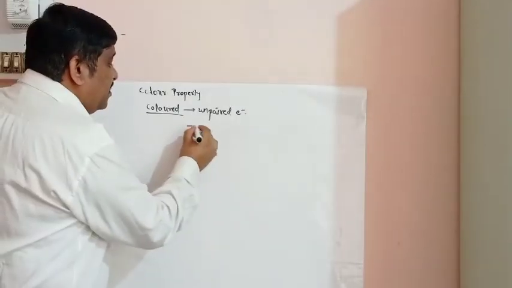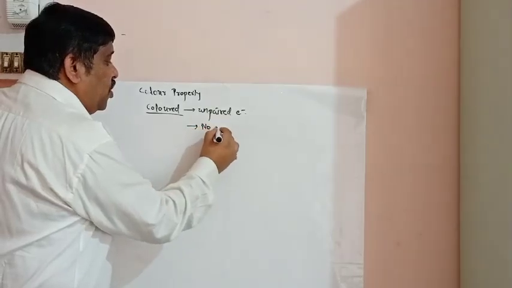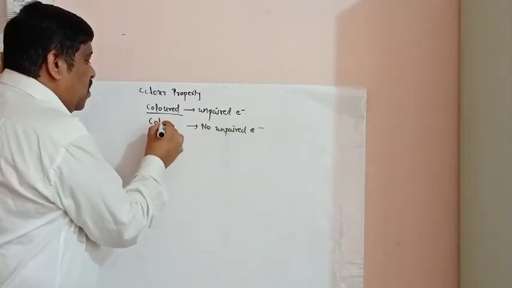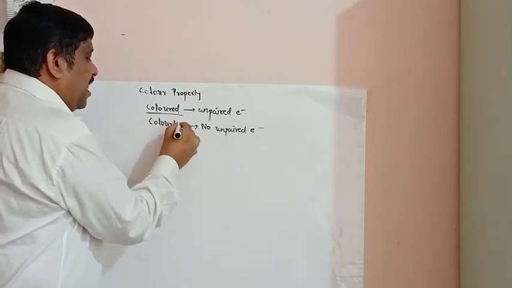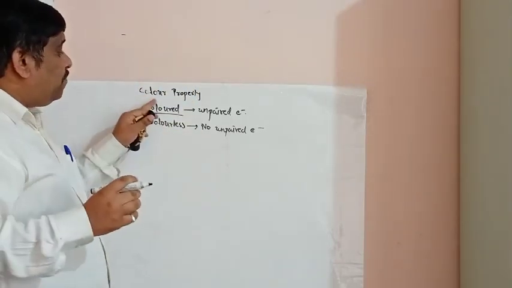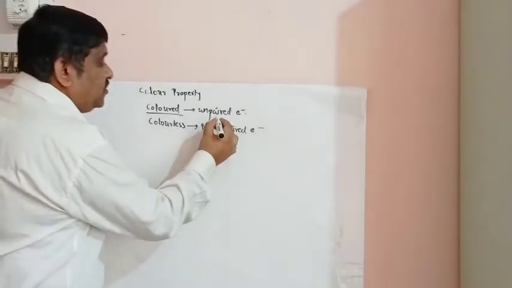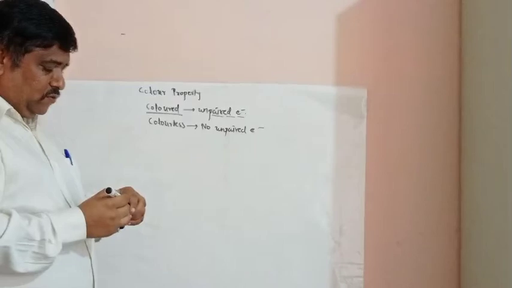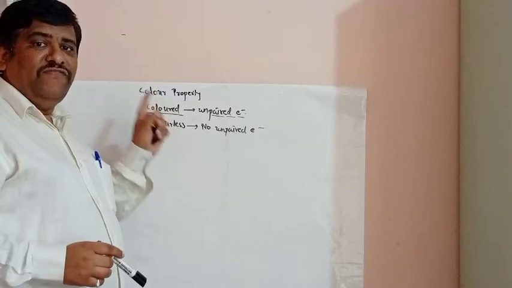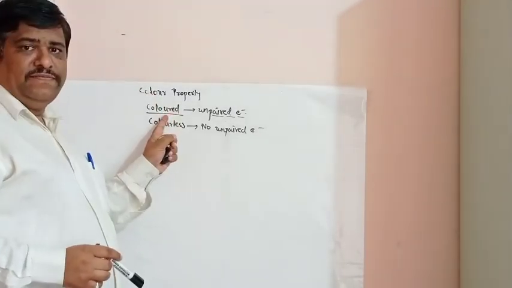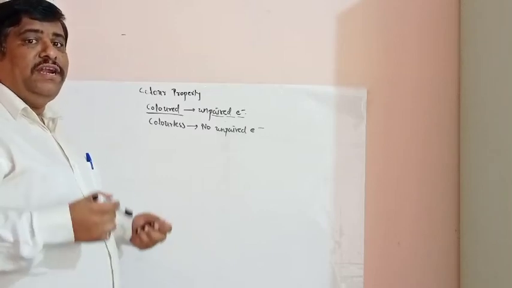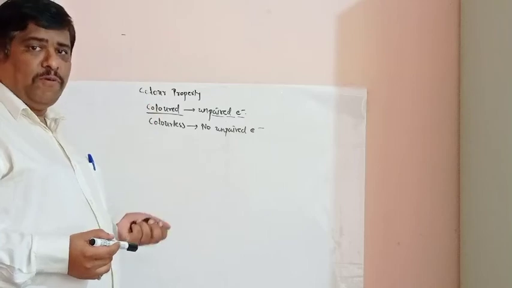And if in the elements or in the ions there are no unpaired electrons, then that substance, compound or ion is colorless in nature. This means the colored property of the d block elements depends on the unpaired electrons. So any d block element, if it is colored, that is due to unpaired electrons. This is a very important point you have to remember here. Now next we are going to discuss why, because of unpaired electrons, the d block element shows the color property.